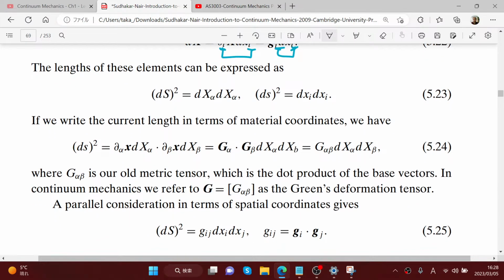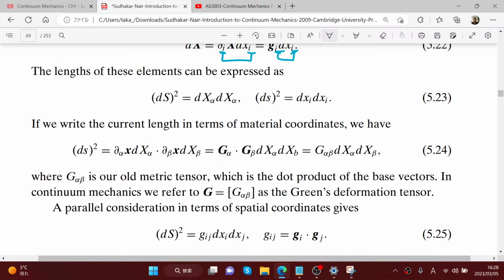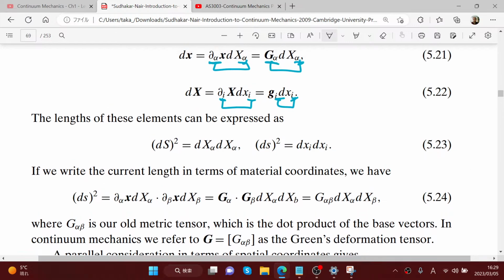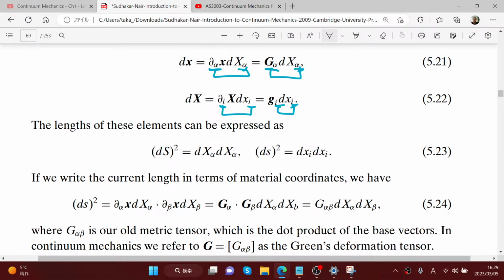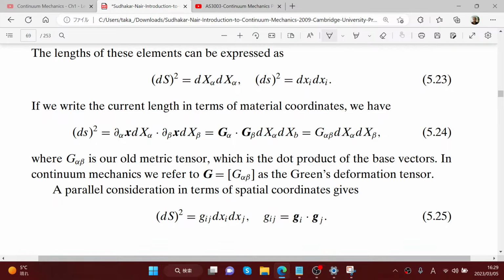If we write the current length in terms of material coordinates, we have ds squared is partial x over partial X alpha dX alpha dotted with partial x over partial X beta dX beta, which is G alpha dotted with G beta dX alpha dX beta, and that is called G alpha beta dX alpha dX beta,